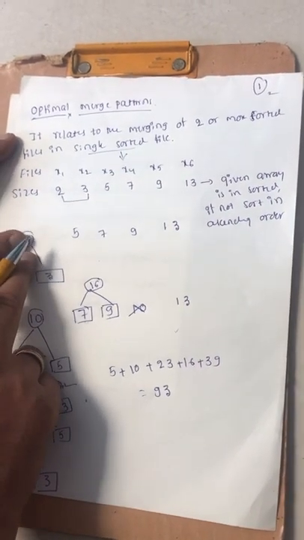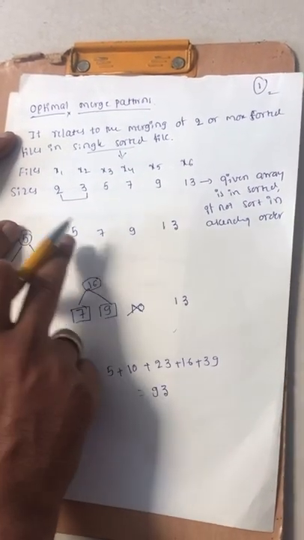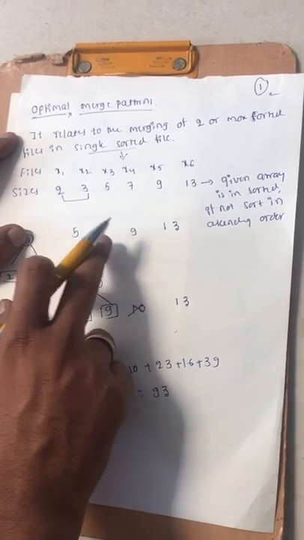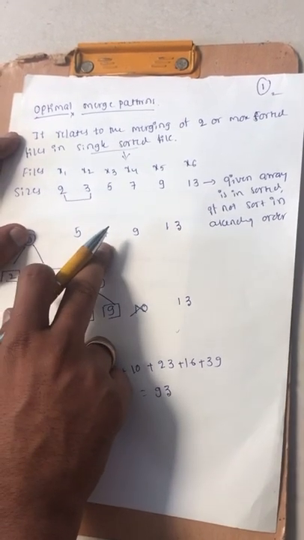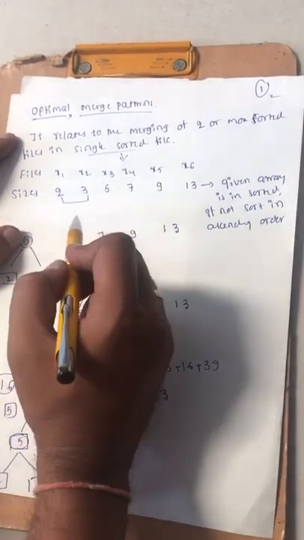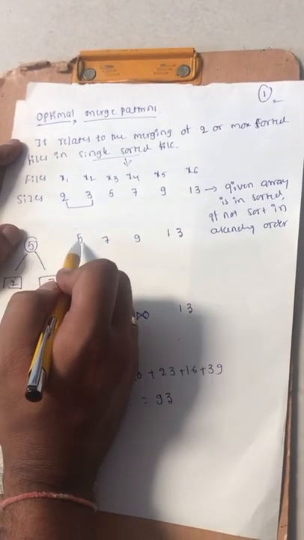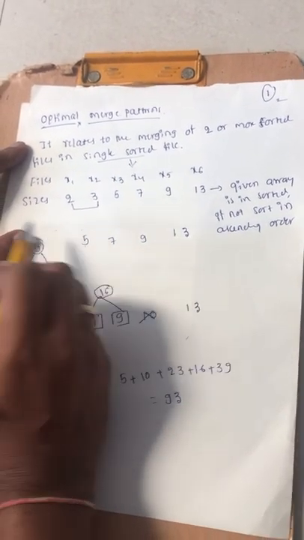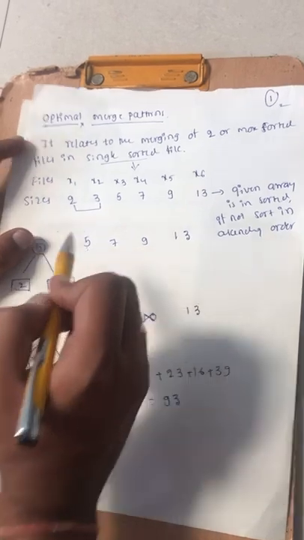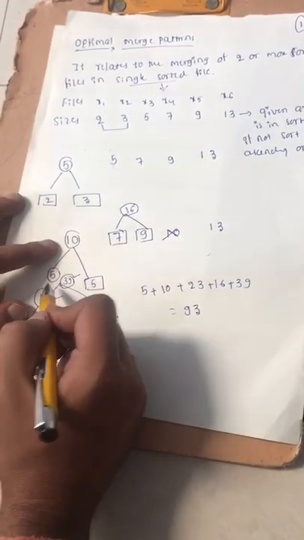Okay, this 5 and the 5, how much will we get? 10 here. Okay, 5 plus 7, how much will we get? 12 here, right? That means that instead of adding the next two files here, I am going to merge them. 5 plus 5 will be 10. Due to that reason, I will add the 5 and the 5 here, which means I got the 10 here.